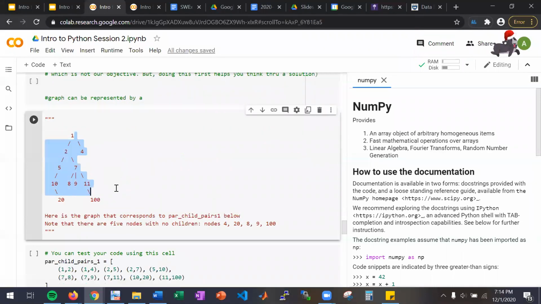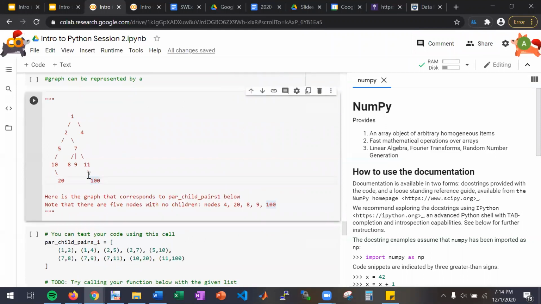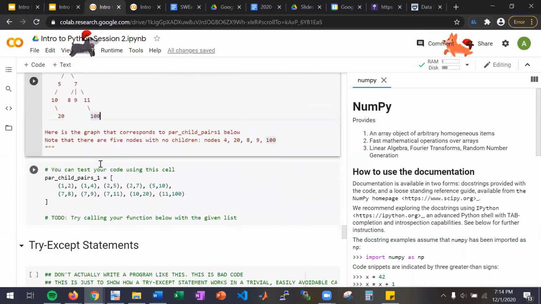Here's an example: we made a graph that has 5 nodes with no children. So node 4, node 8, node 9, node 20, and node 100. These have no children, so I want to print these or return these when I'm done with my function. And you can test your code using